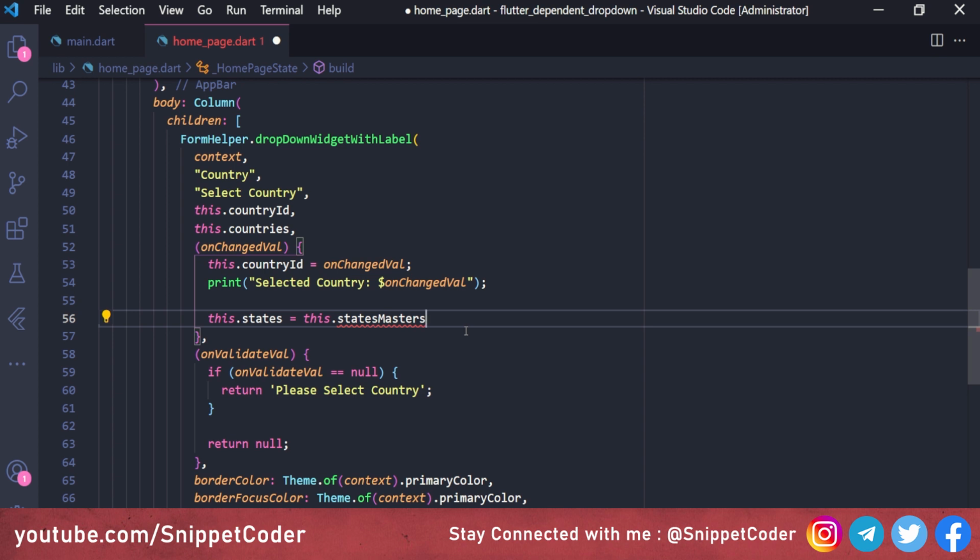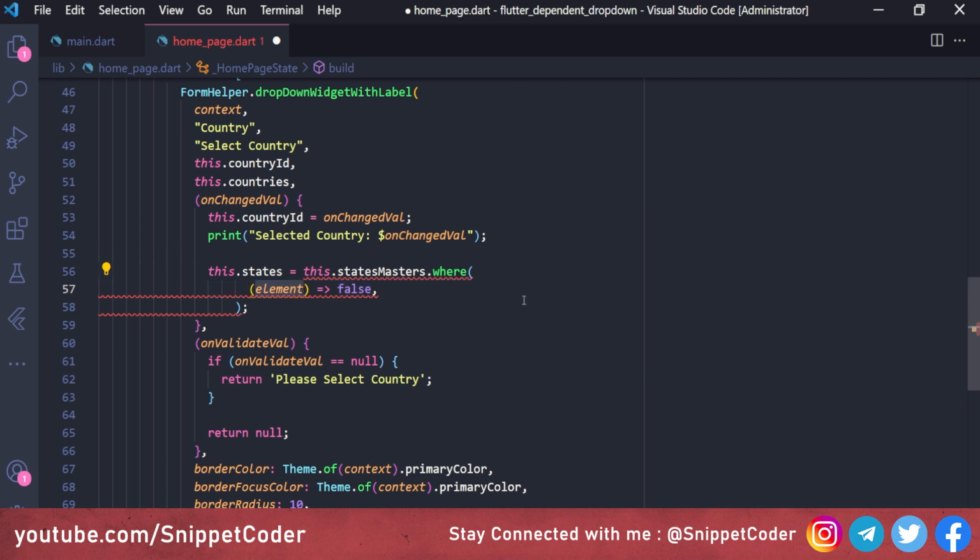You can do this in a similar way with an API, by calling the API instead of using this code here, and then you can fetch the data from the API and also modify the data in the dropdown. And here we have state master, and there we will put the condition .where, and we will change it to state item. We will change the variable name to state item, and we will check state item because this is dynamic. So here we have to put parentID is equal to